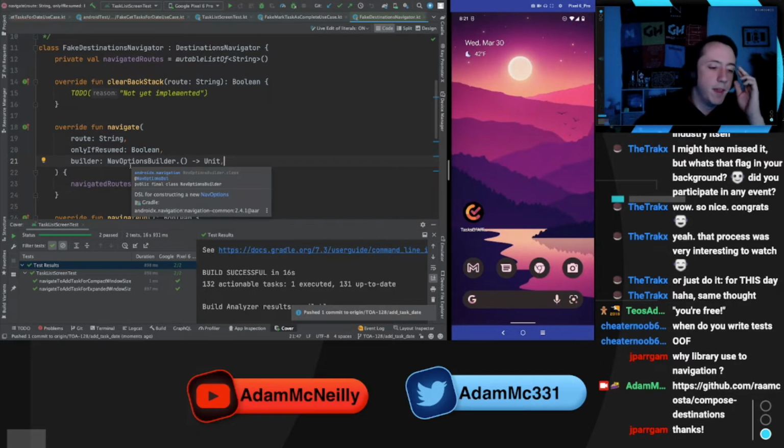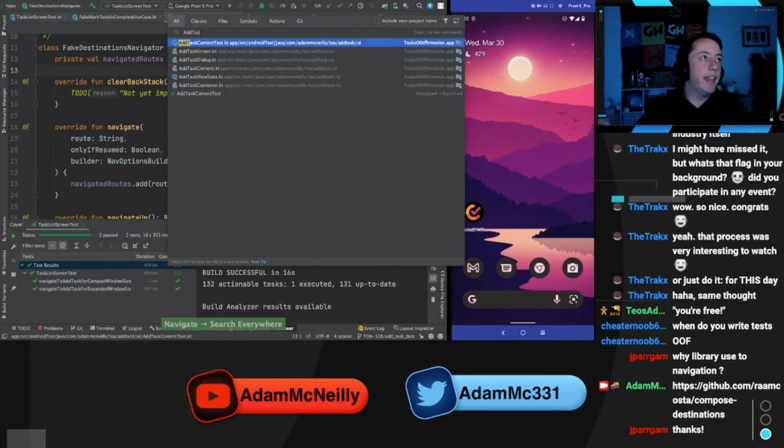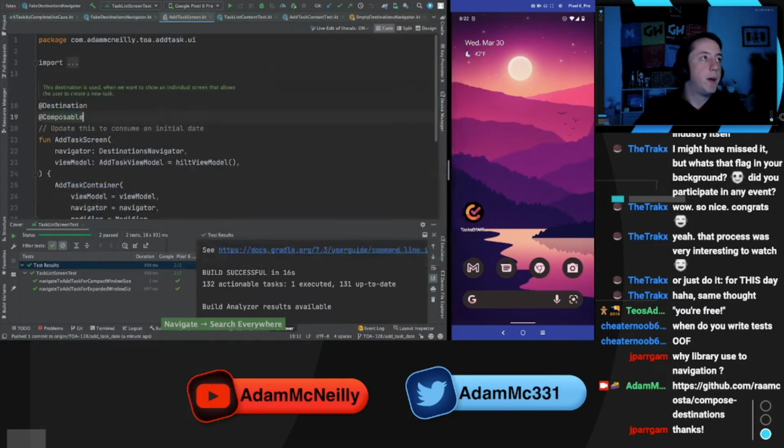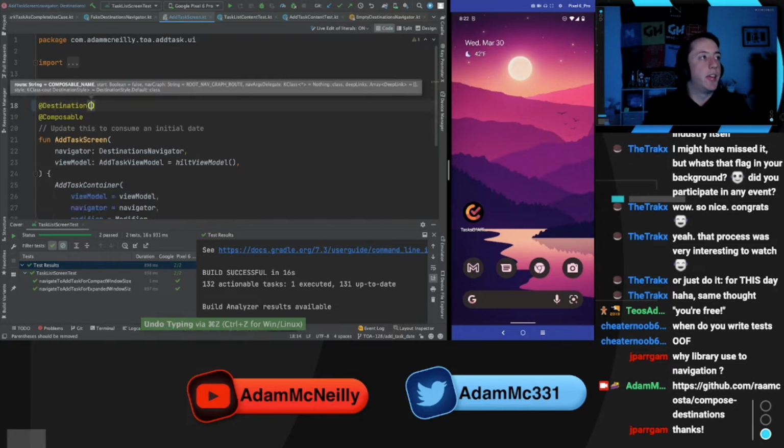Because if I change it to consume some arguments, does the route ID change? That's what I don't know. Here is how I can find out. Actually, will this even work? If we go to our add task screen, in the destination, oh, actually, I could be even more